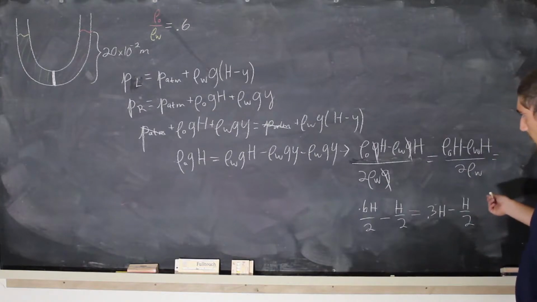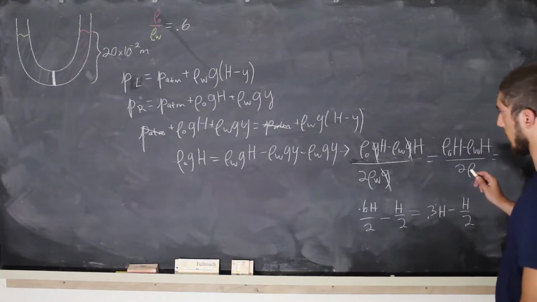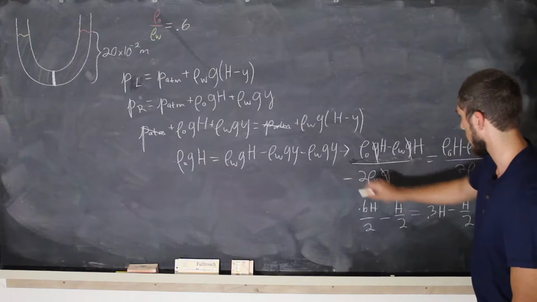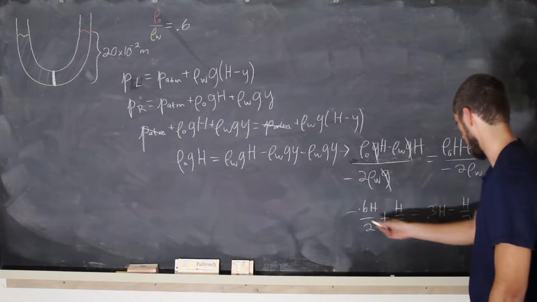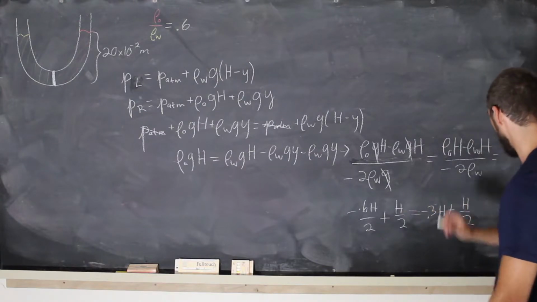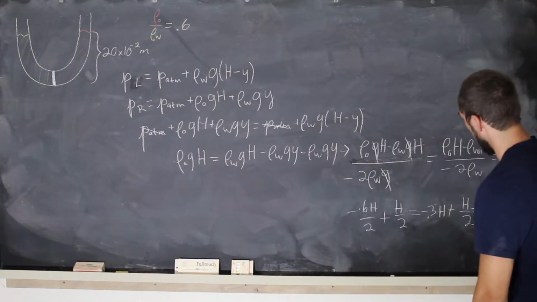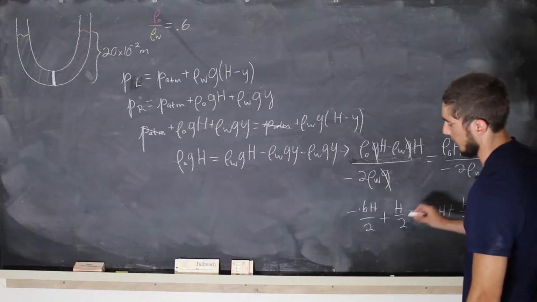Oop, and it looks like that's going to come out negative. I probably made a mistake somewhere. Yep, this is supposed to be negative right here, and here, here, here, here, here. And of course, H over 2 minus 0.3 H is going to be equal to